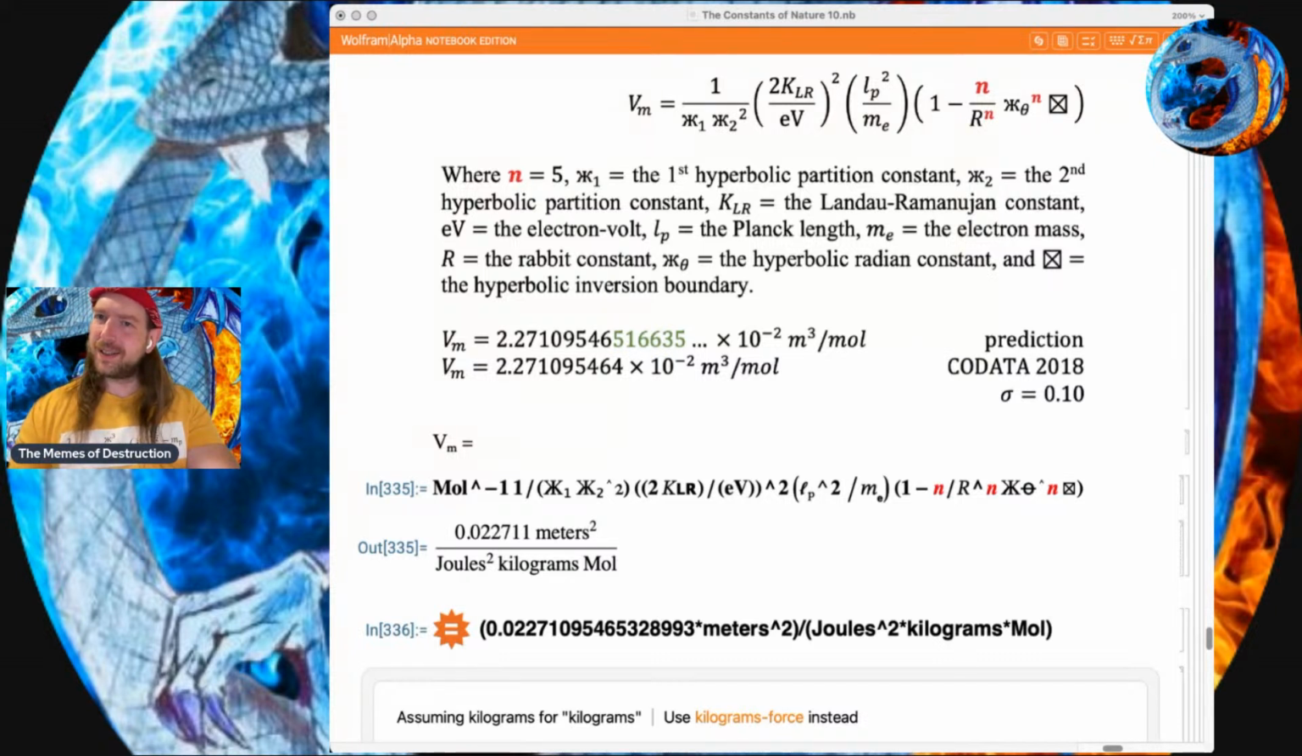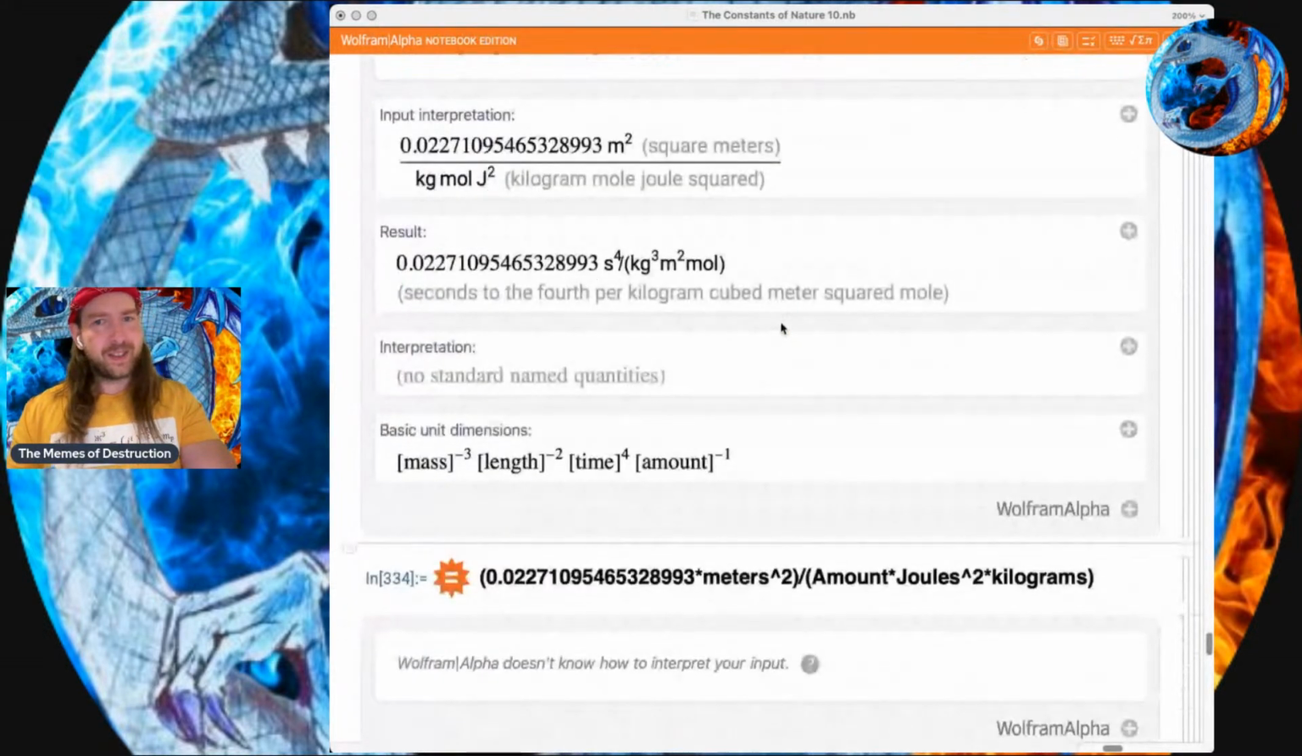Okay, so that should be meters cubed and moles -1. Okay, so we need 3 length and then -1 amount. Okay, so we need to get rid of length, so we need to invert that. So